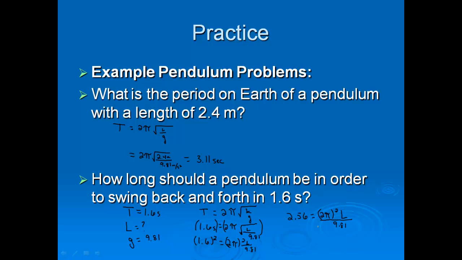And then if I multiply both sides by 9.81, I get 25.1136 is equal to 2 pi squared L. And if I divide both sides then by 2 pi squared, I'm going to find out that L is equal to 0.63 meters. So check your work, check my work,